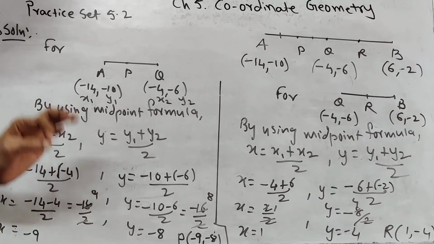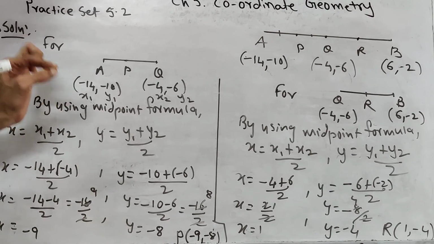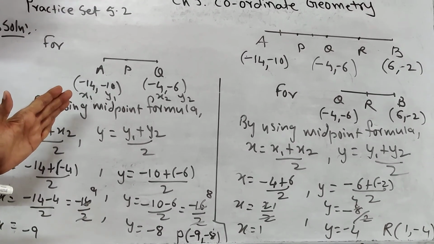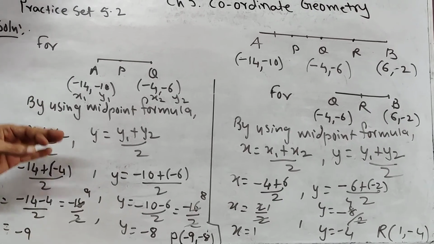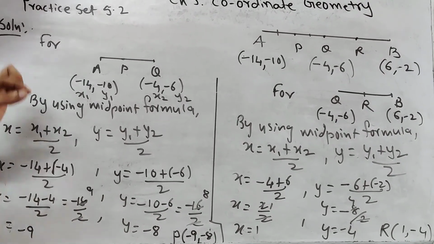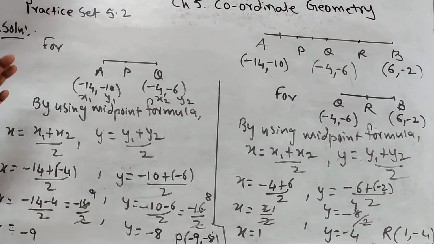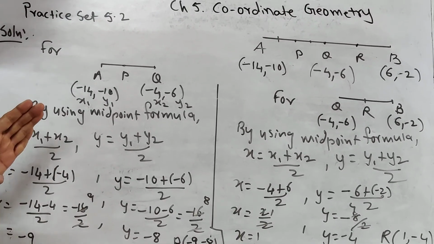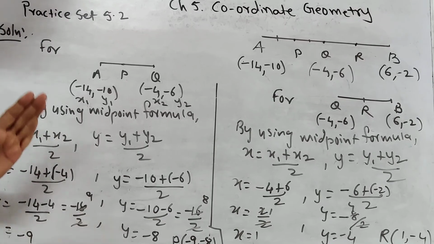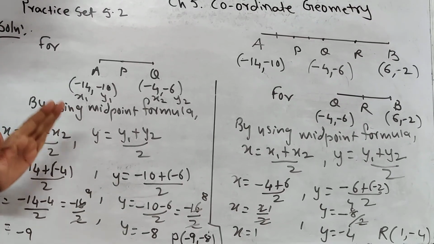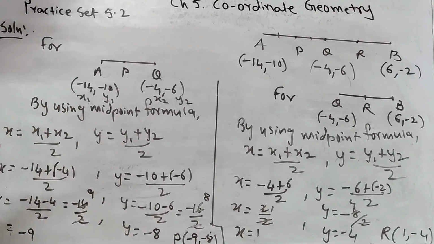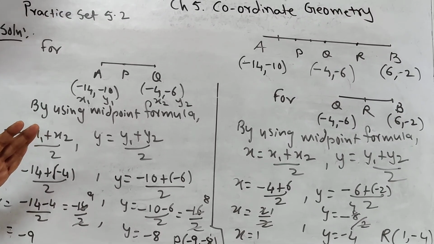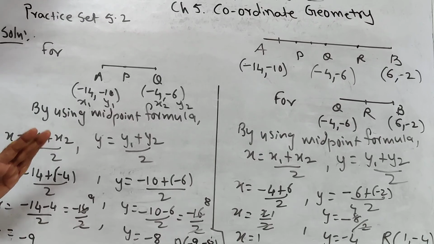Problem set sums related to 5.1 and 5.2 you can do now very easily, because this chapter, coordinate geometry, is the easiest chapter in geometry, in Maths 2. So you can solve the problem set sums related to 5.1 and 5.2. 5.3 again I am saying is omitted by the government. So here we have completed chapter 5.